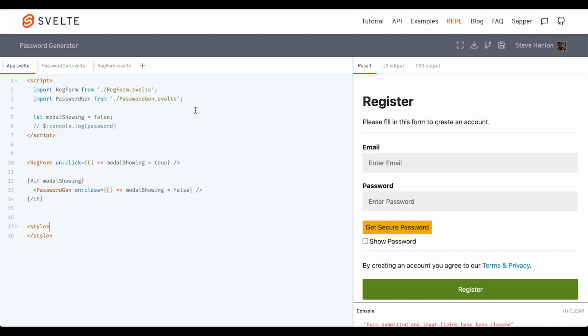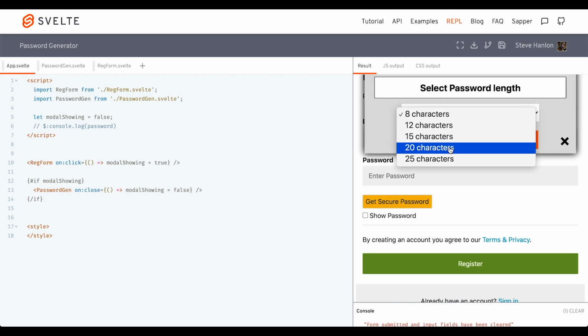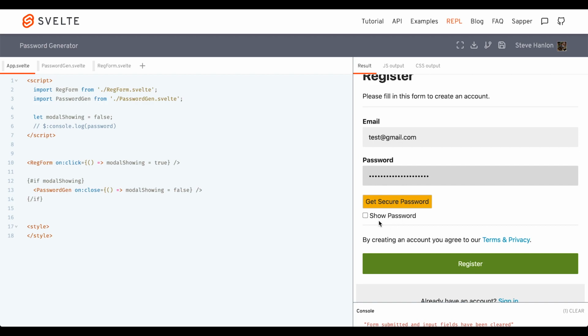In this How-To-Svelte, we're going to make a password generator and plug the password generator into a registration form just like this one. So ideally, we should just be able to fill out the form. And when it asks for a password, we can get a secure password by clicking this, selecting what length we want the password to be, and then have it randomly generate characters, copy it to the clipboard, paste it in,